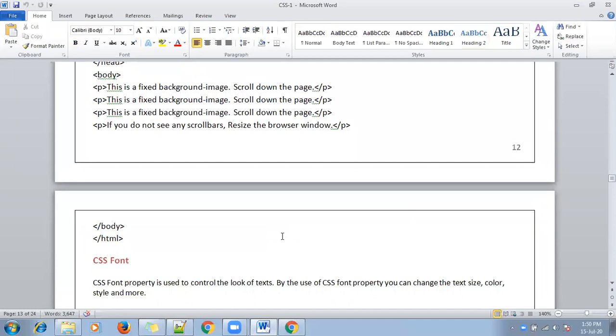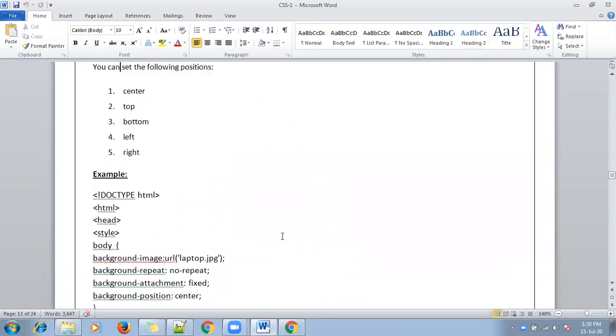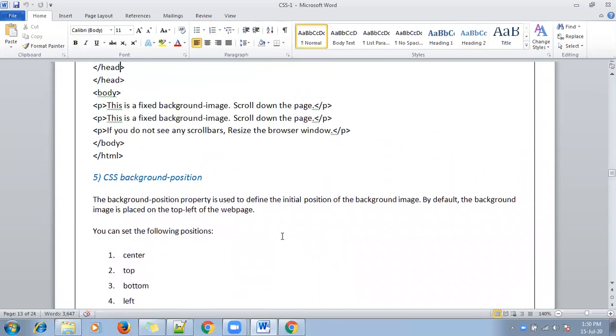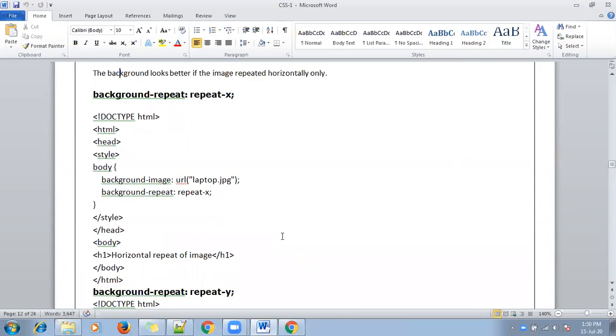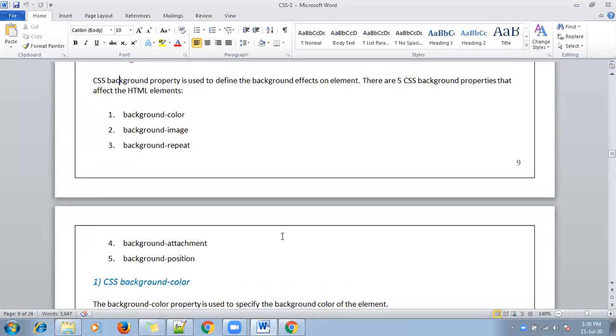After this, CSS background properties are over. I'm repeating again how many properties we have: 5 properties in background. Those are background color and background image. We can set a background color, and by using background image we can set an image in the background.